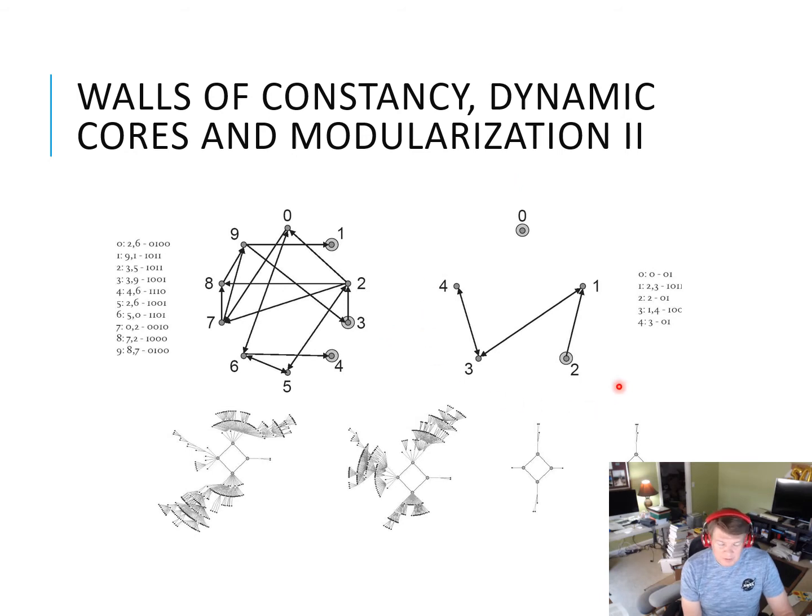One way to think of this is that this network is functionally equivalent to this network. This network has 2 period 4s, this one and the one hidden here, and this network also has 2 period 4s. So in that sense, they both have the same period 4 attractors. In a sense, they're functionally equivalent. These two networks do the same thing, but this one does it with fewer resources.